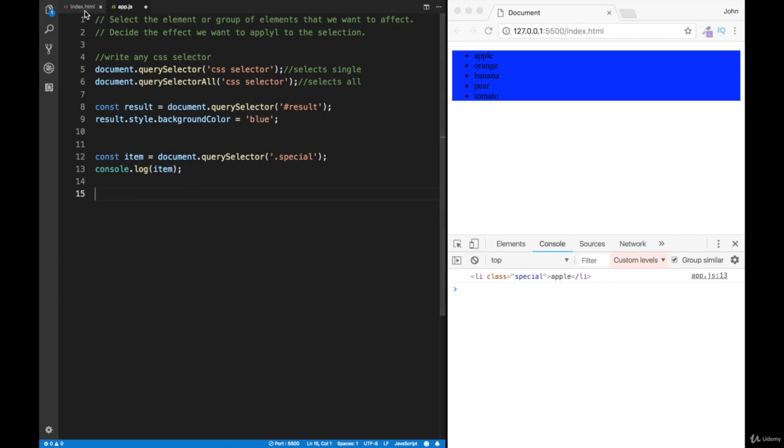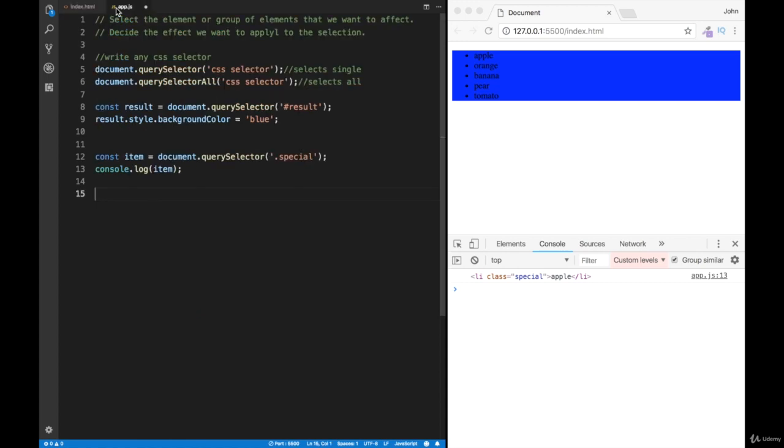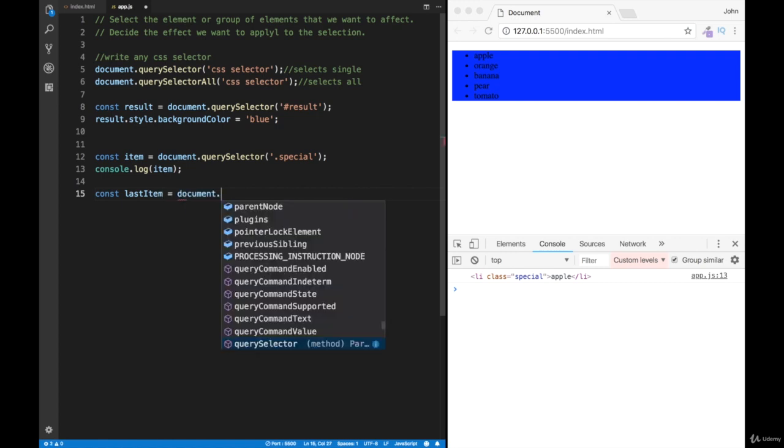So in this case, remember this class over here of last. Now I can go back over here and just use a query selector for last, or I can just do a CSS selection. So let me have it as a const. Let's name it last item over here, and then we'll have a document, and we'll have it as a